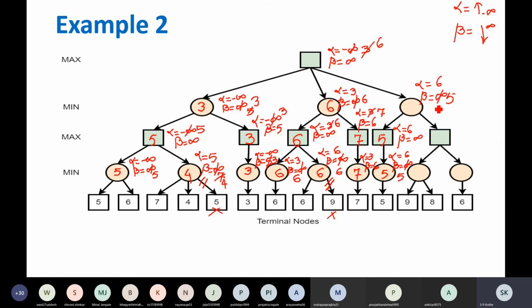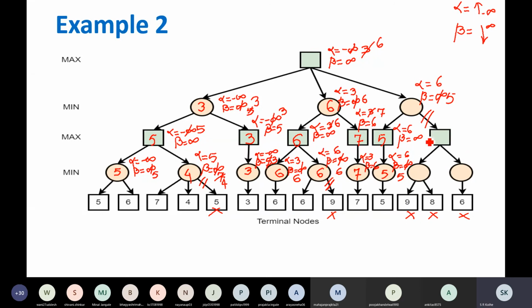Now again we are in the same situation where pruning takes place. Alpha is greater than 5, right? So I need not go down. I will not evaluate these nodes. So these nodes will not be evaluated.